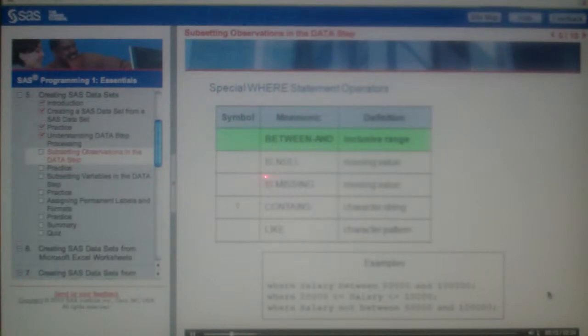The between and operator selects observations in which the value of a variable falls within an inclusive range of values. For example, the where statement shown here selects observations in which the value of salary is between 50,000 and 100,000. You could write an equivalent statement without using the between and operator, as shown here. You could use the between and operator along with the not operator to select values outside of the specified range,